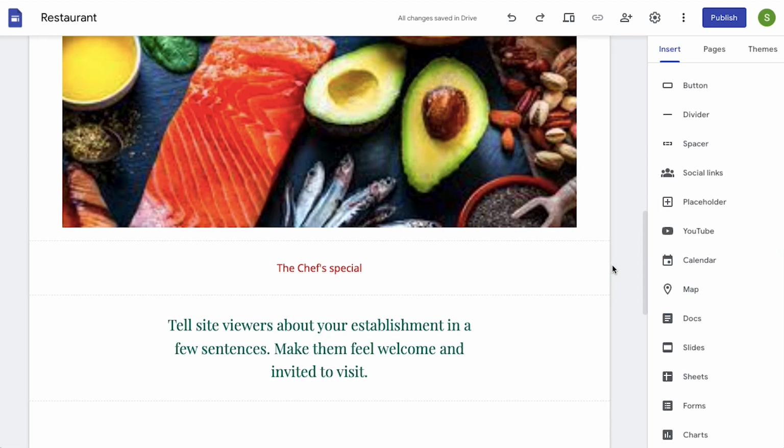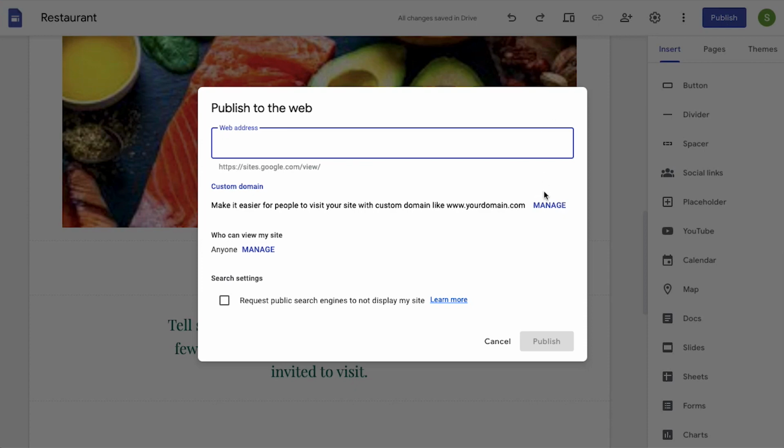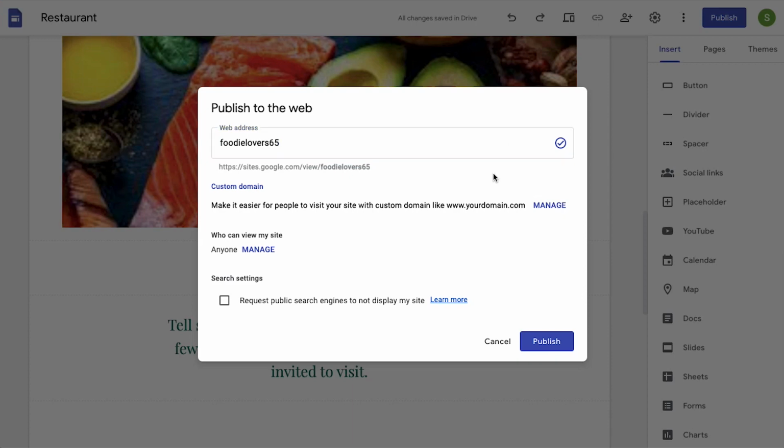And once you're done with the editing process, just click on this publish icon. Now a pop-up window will open. Here enter the address for your website. Just start typing the name, and if it is available, you will see a tick icon like this. And so your website's name will be like